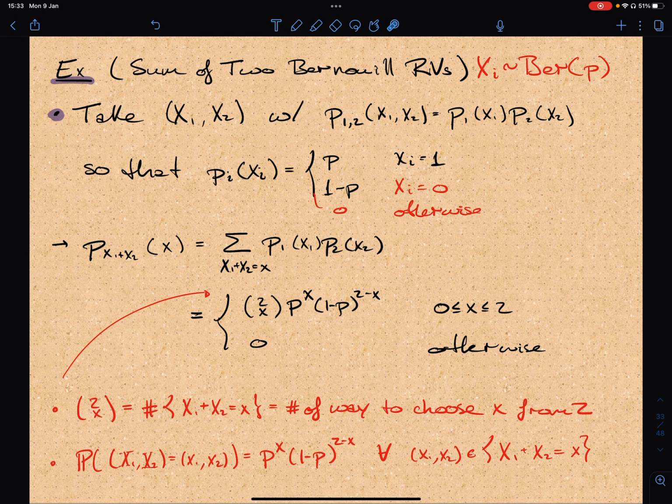And you can interpret x1 plus x2 as the number of heads in two coin flips. And as we saw before, you can show that this is going to be the binomial distribution. This is equal to the binomial distribution with n equal to 2 and p equal to p. And the way that I've done this